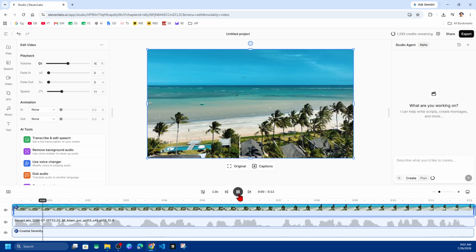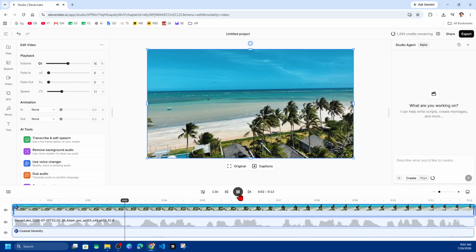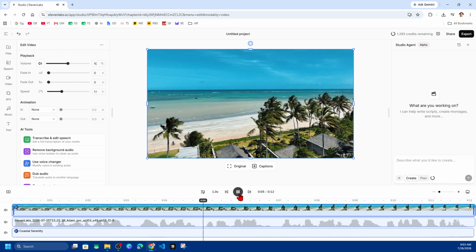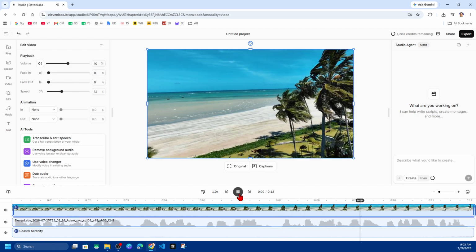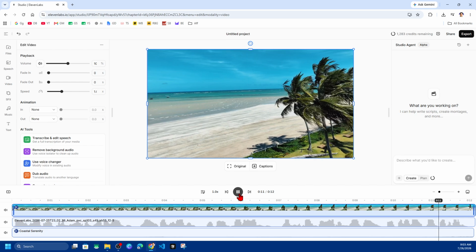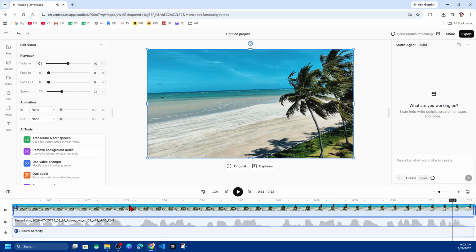Imagine waking up to the sound of gentle waves, warm ocean breezes, and endless blue horizons. This is a place where nature slows time and every